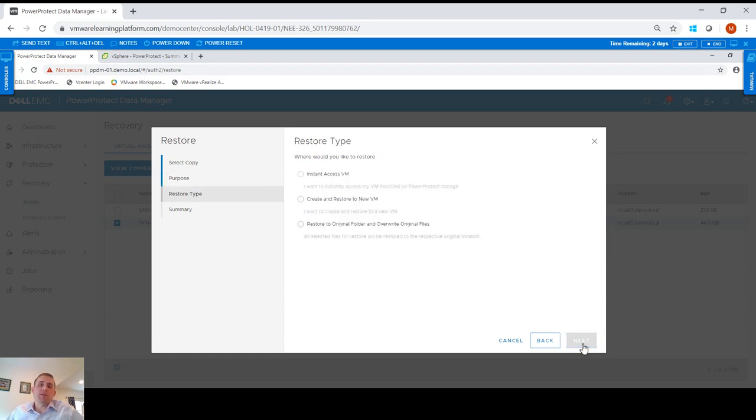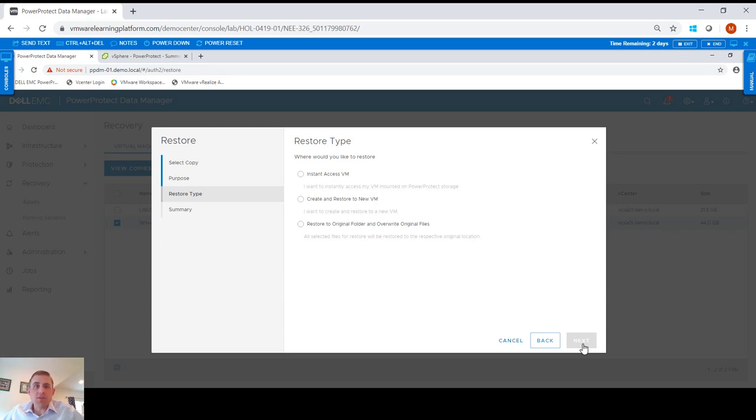I'm given three options and three different things I can do to restore that entire VM. First is instant access. This is going to live mount my virtual machine on my target storage, in this case a virtual Data Domain, and mount that up via an NFS share to my vSphere cluster. From there, VMware will boot that VM and allow me to instantly access it while it's running on my virtual Data Domain. From there, I can either access it and run it, or I can start to storage vMotion that off of the Data Domain into my ESX storage group cluster that I have created,